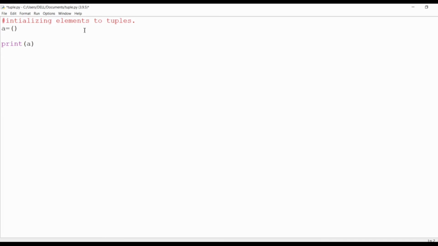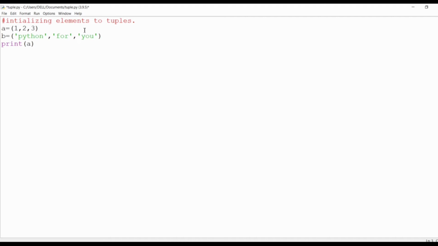Here I will define in this tuple only the data which I want to print, and let's take another example, another tuple with the variable b, and here I will enter all the strings: Python, for, you.